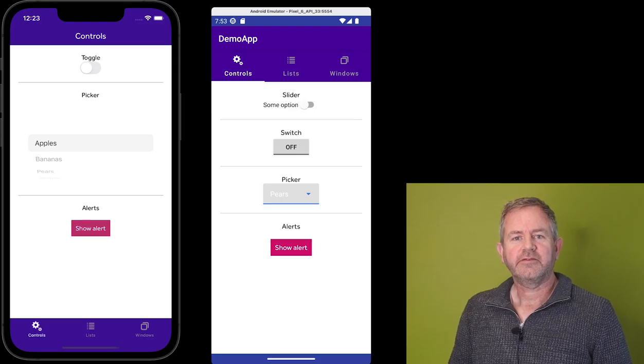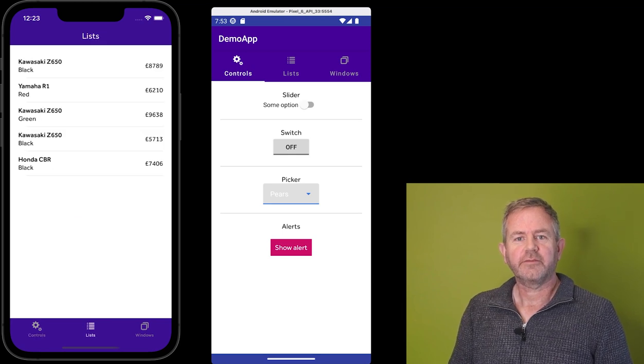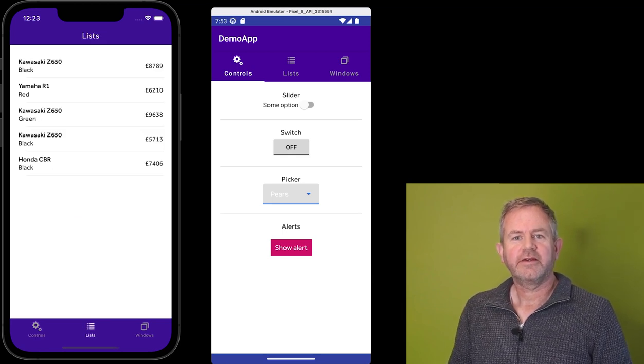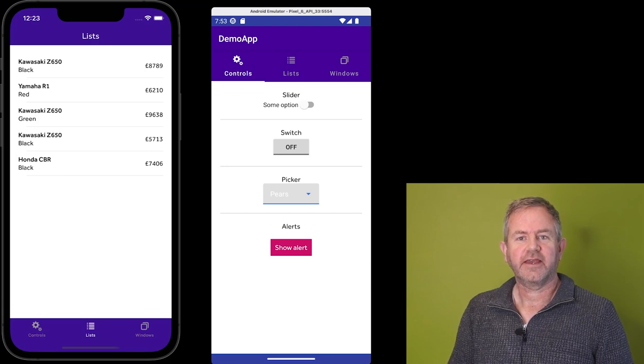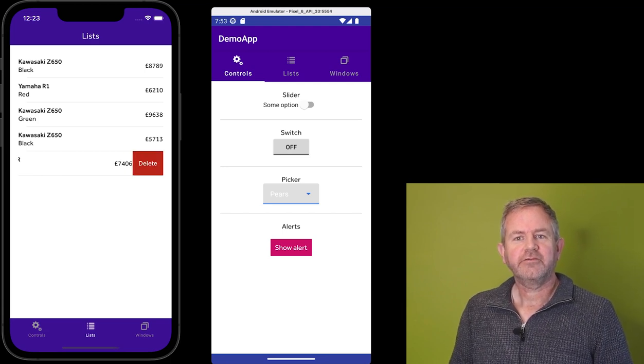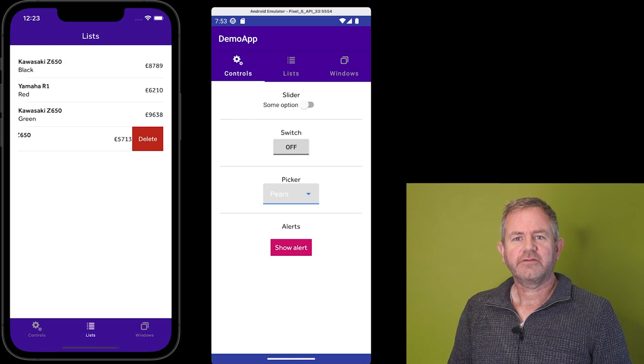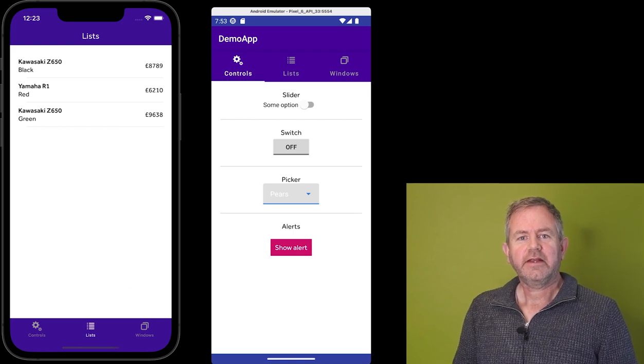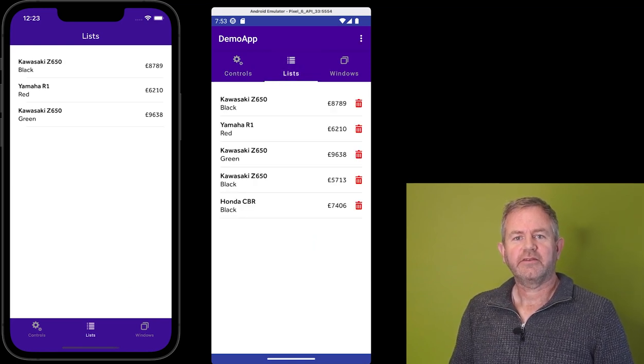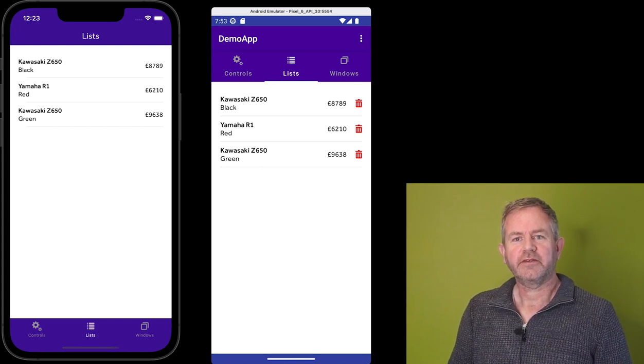When your app shows data in a list, your iPhone user will know instinctively that to remove an item from the list, they should swipe left and look for an edit action, which in this case is a delete button. For Android users, this is a much less familiar gesture, and you typically provide a visible delete button in the list when you design your Android app. Android users know to tap on that button to get the item removed.